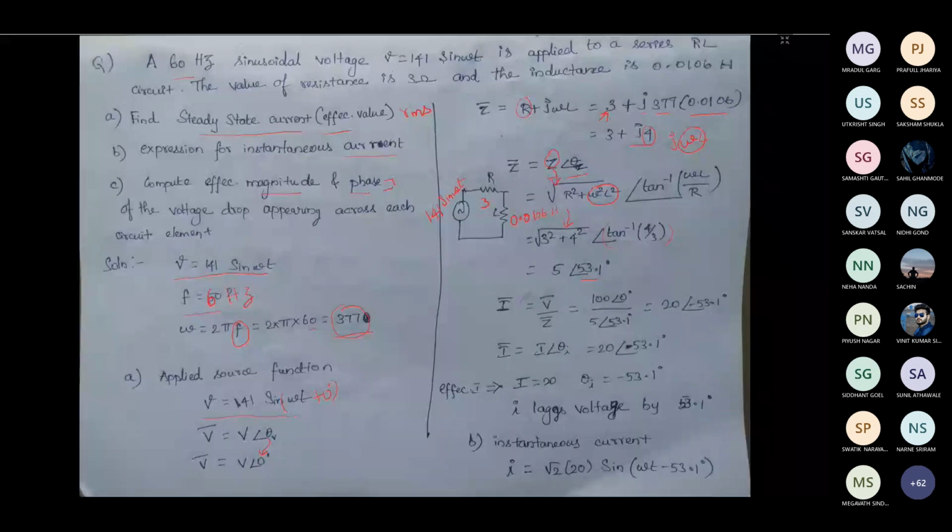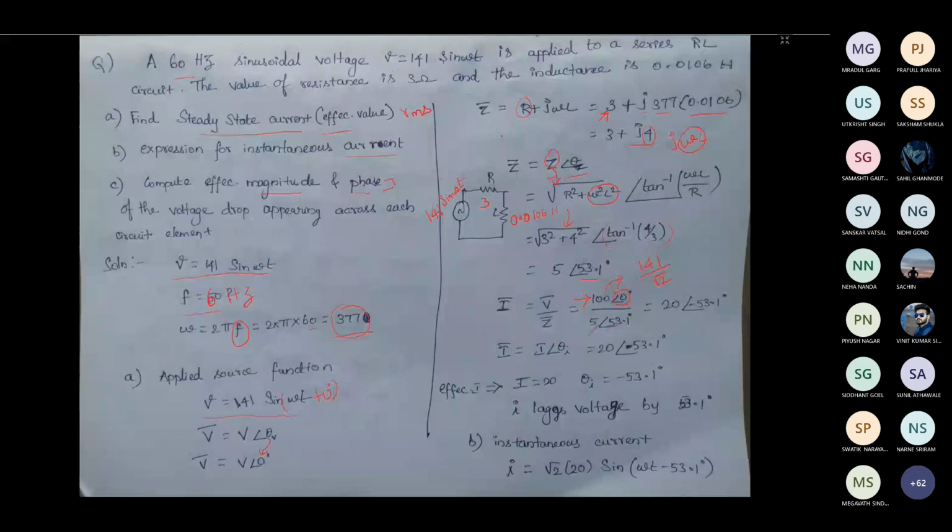So I phasor is equal to V phasor divided by Z phasor. V is equal to 100 angle 0 degree. Why it is mentioned as 100 angle 0 degree is that the peak value is 141, and here we are representing in terms of RMS. So taking 141 by root 2, you will get approximately 100. So that 100 is mentioned here, 100 angle 0 degree. Again, this 0 comes from sin omega t plus 0 degree.